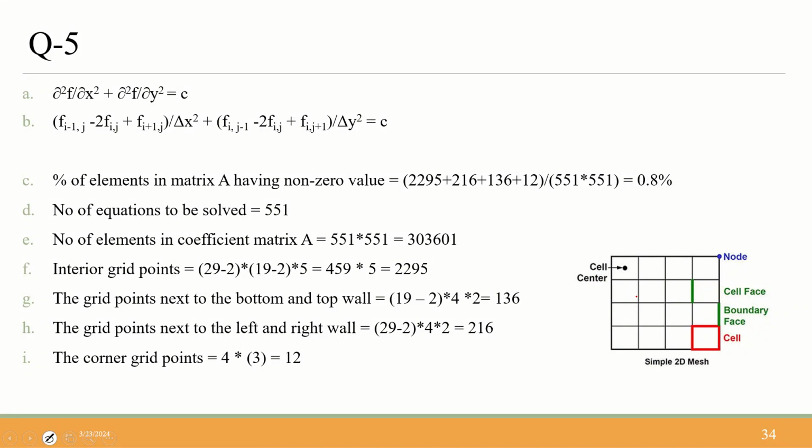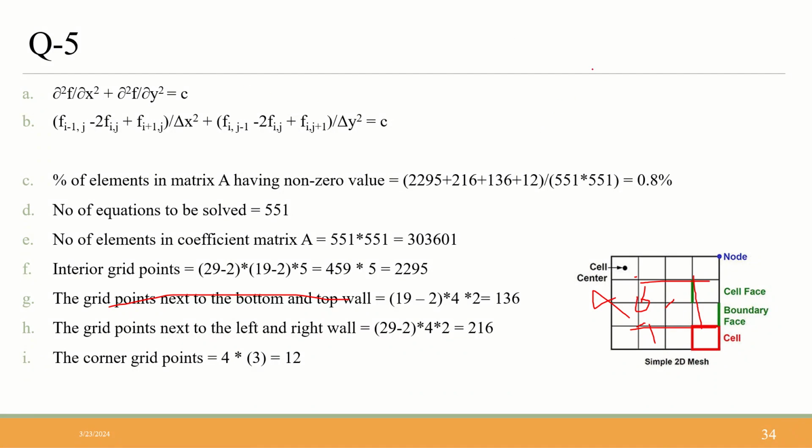So for this point, this is known because it is a boundary. So we have 1, 2, 3, 4 variables. Next to the boundary, like grid points next to the bottom and top wall, this is next to the boundary layer. Bottom and top wall, and the left and the right walls. So in the bottom and top walls, we have